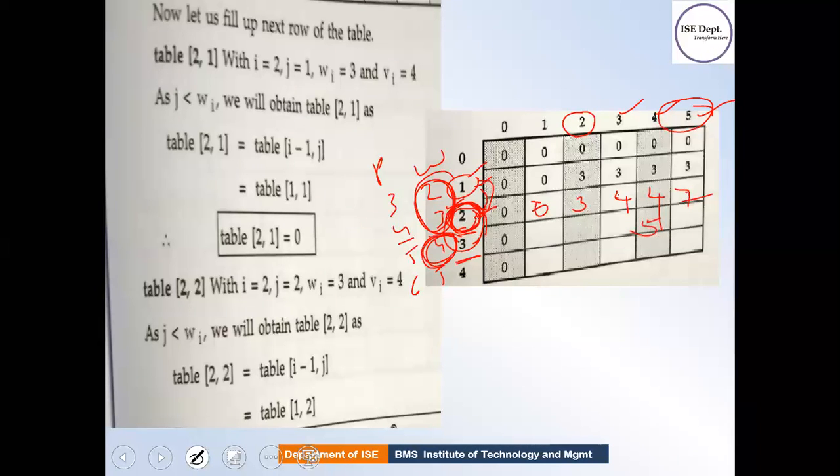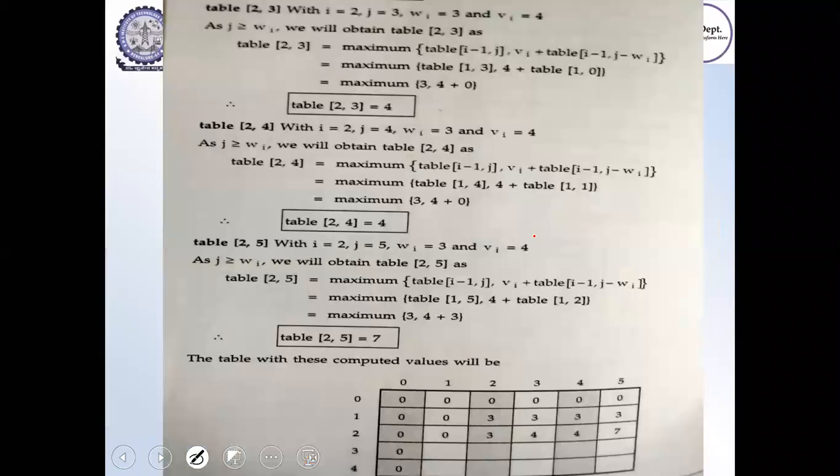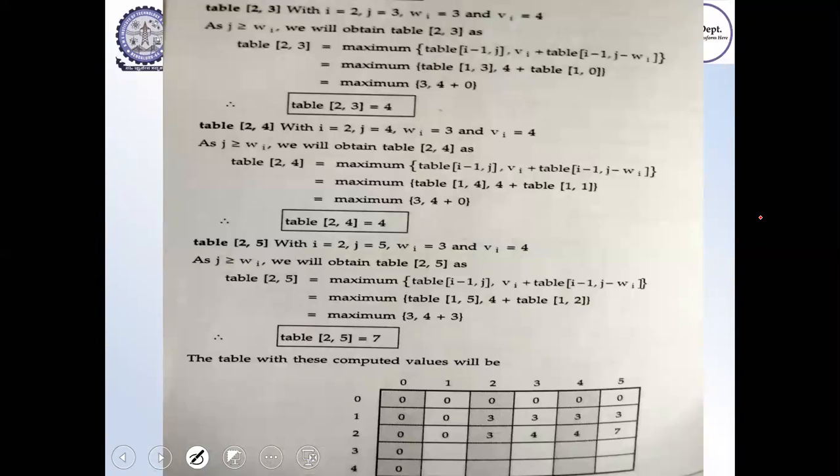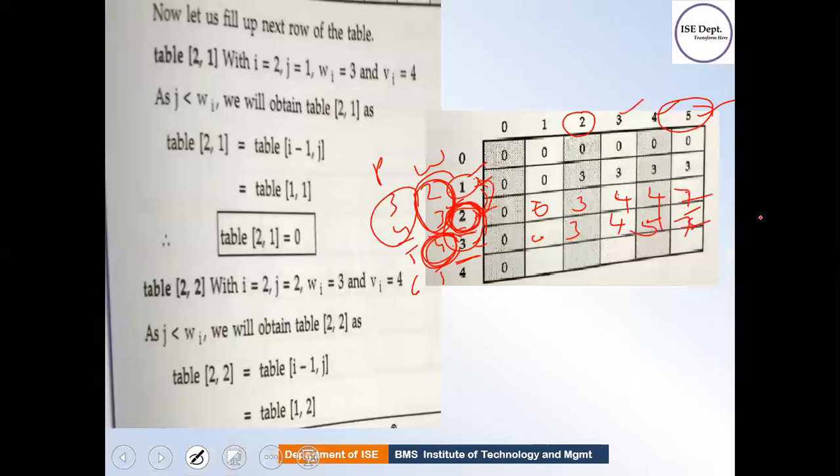So what if I fill 3 and 1? Correct, if I fill 3 and 1, the weight is 4 and 2, that is 6. Again, it is not possible, so I start filling 1 and 2. What is the maximum profit? It is 5. Sorry, maximum profit is 7, that is these two. Clear? And the remaining you just rewrite as it is. So 0 3 4 5 7 7. Correct? So same answer we got using the formula also. So same thing, you fill it out here also.